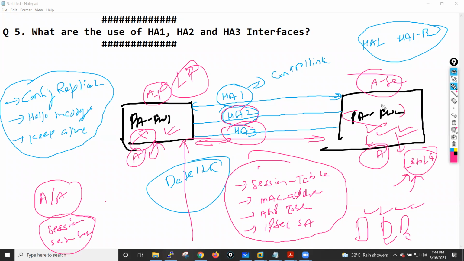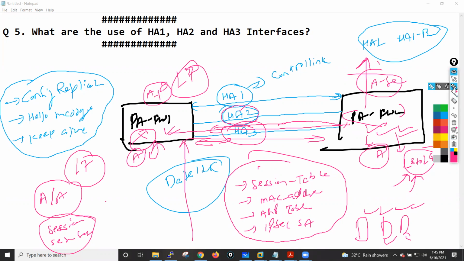If it is the session setup firewall, it will process that packet for layer 3 and layer 4 checks, and then send the packet back to Palo Alto firewall 1, which performs layer 7 functionalities. Then the packet goes here and exits from the exit interface. So this kind of information is exchanged through the HA3 interface, guys. And now I want to tell you one more thing, guys.